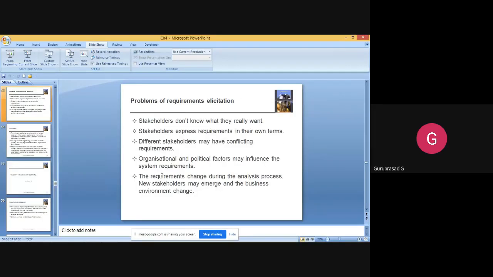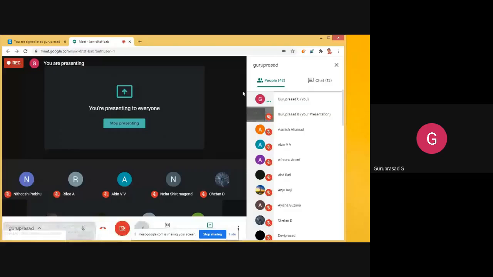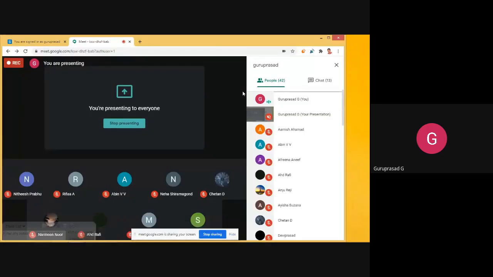So what we discussed in today's class: the two types of requirements, user requirements and system requirements; the three major classifications of requirements, namely functional, non-functional, and domain requirements; the metrics for specifying the non-functional requirements; the requirement specification document, its structure, and the IEEE standard; the different ways of specifying requirements: natural language, structured natural language, tabular format, etc.; and then the requirement elicitation and analysis process. This will continue in the next classes.